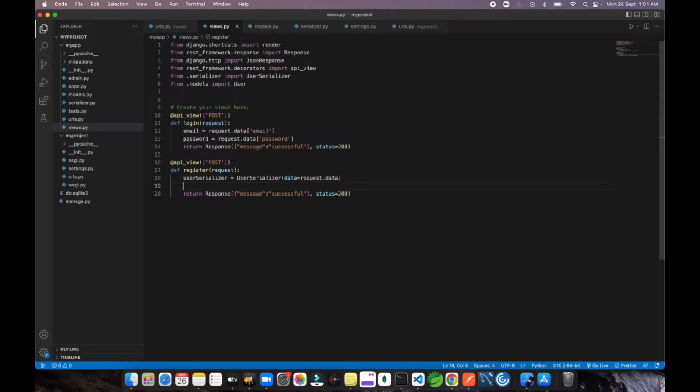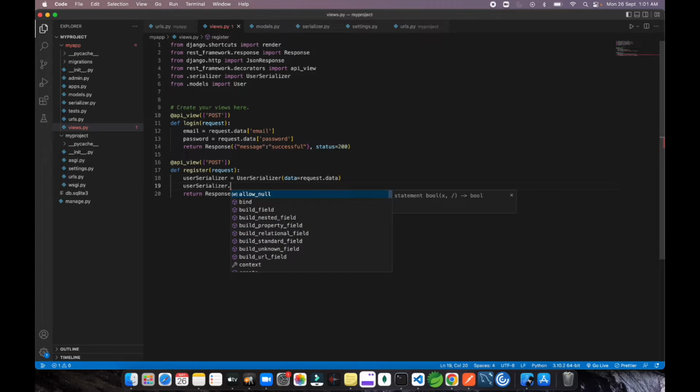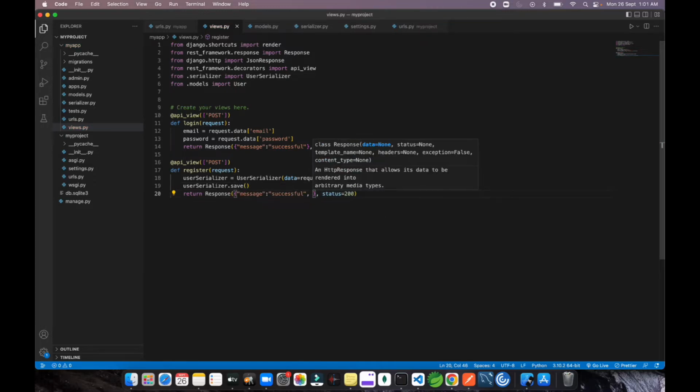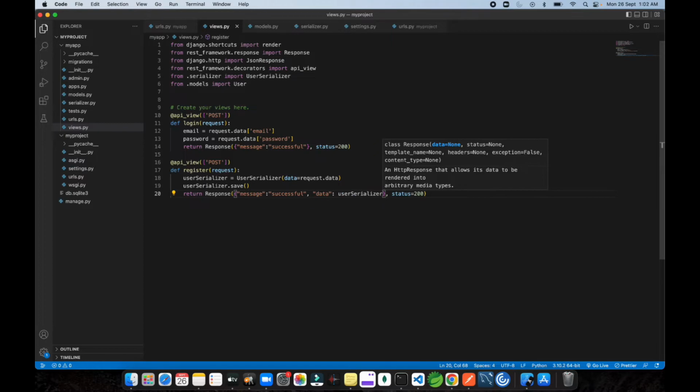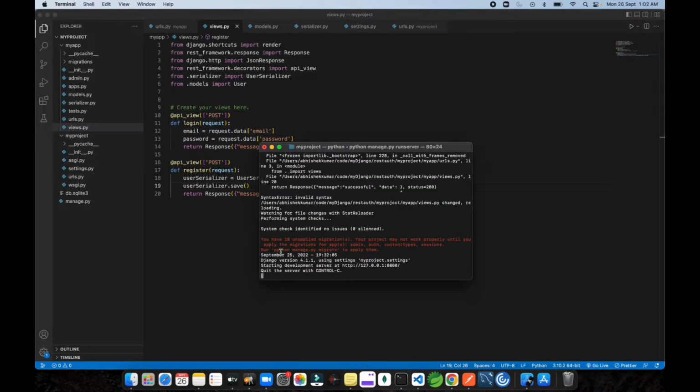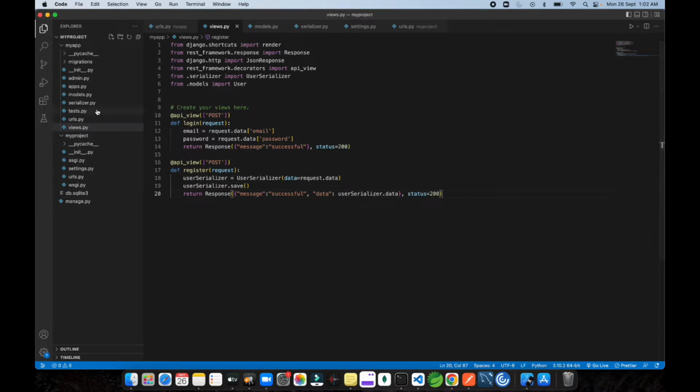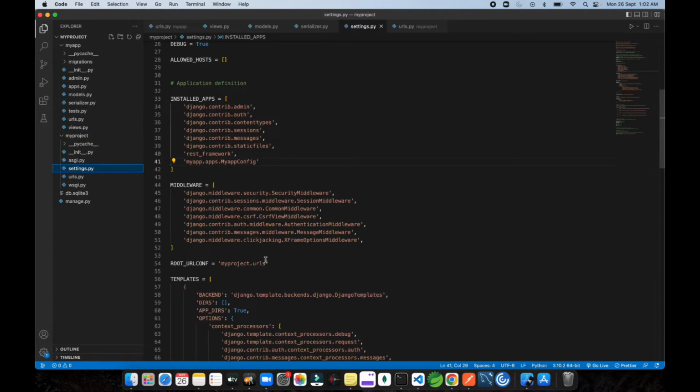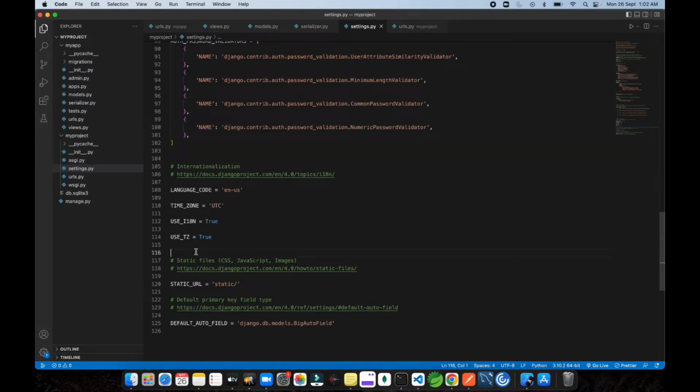And after that just use serializer.save, get the user over there. So data equals user serializer.data. Let's check whether this is working or not. I forgot to define a few things over here, so let's do those first. We need to define one AUTH_USER_MODEL over here, AUTH_USER_MODEL equals